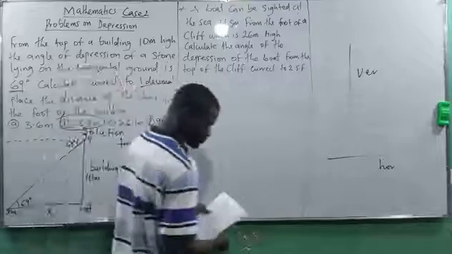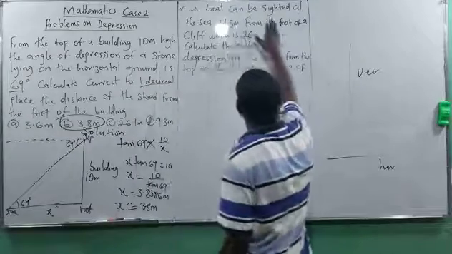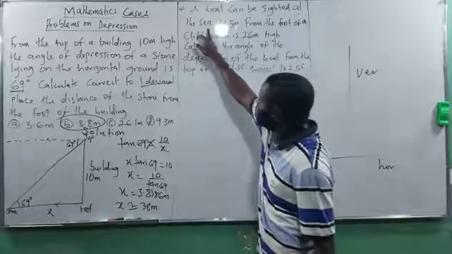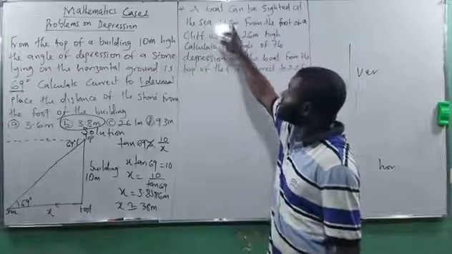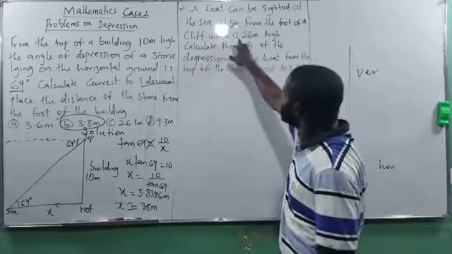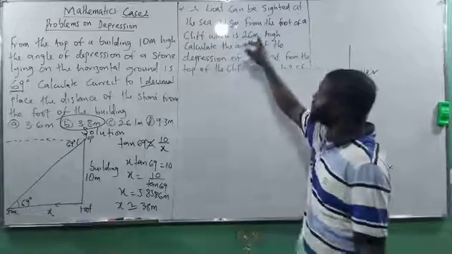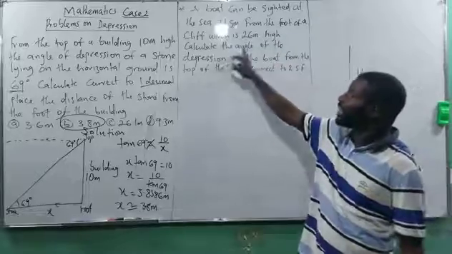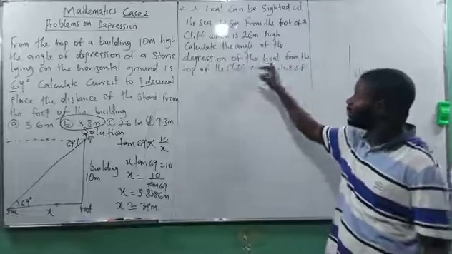Now look at this one. A boat can be sighted at the sea, which is 71.5 meters from the foot of a cliff, which is 26 meters high. Calculate the angle of depression of the boat from the